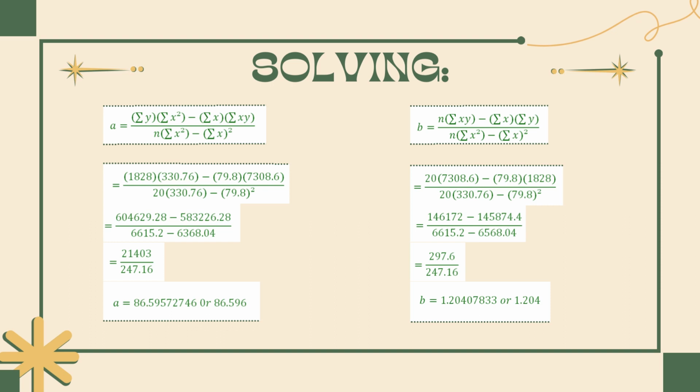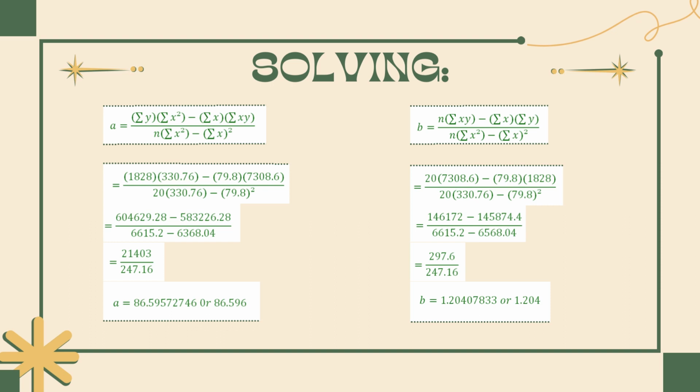equals 604,629.28 minus 583,226.28 over 6,615.2 minus 6,368.4, equals 2,021,403 over 247.16,